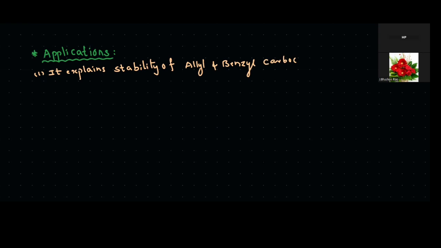Next, second one, it explains stability of allyl and benzyl carbanions also. Same like carbanions, carbocations. Next, third case, it explains stability of allyl and benzyl free radicals. Free radicals. Okay. Next, fourth condition,